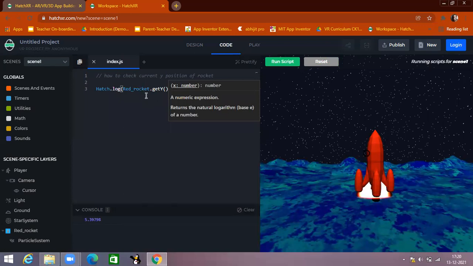So getY will give you the current position of the rocket. So using this function, I will set the position of the rocket. I'm just deleting this.